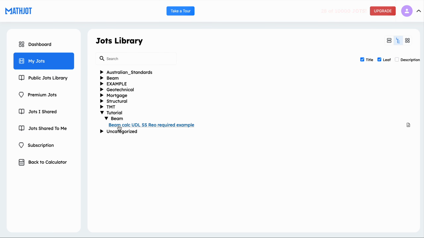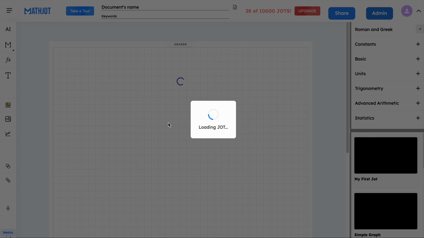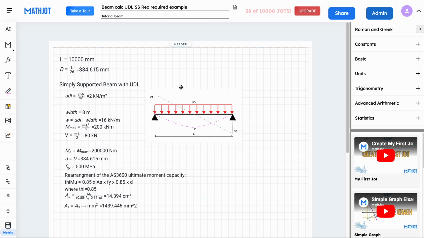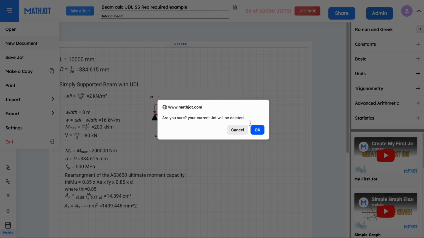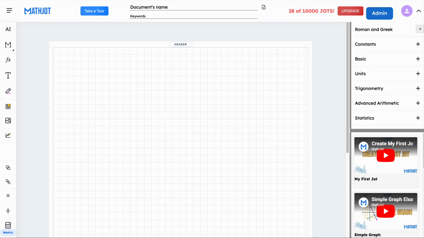So every individual word is a subcategory. You can see our calculation. Now if I open this from here, this will edit this directly, and so we can go back and make a modification and save the original calculation. However, if we were going to start a new calculation, let's say new document, okay, and I'll just click refresh on the page,